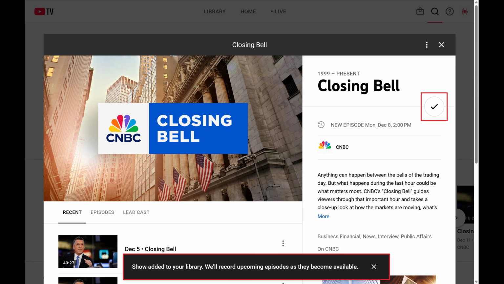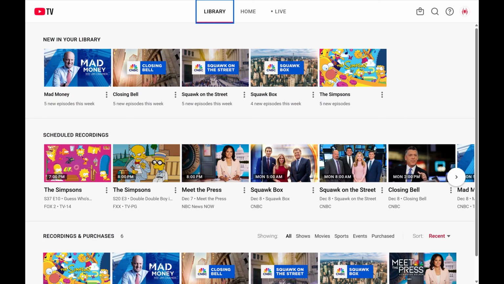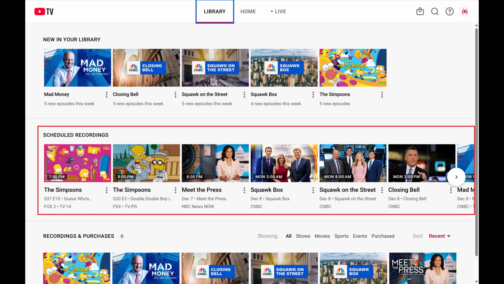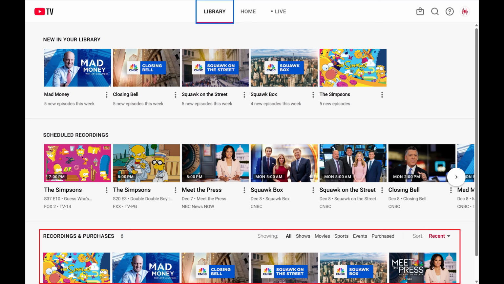All current and future airings of that program, including new episodes and reruns, will be automatically recorded and saved in your library section for 9 months. You can access your recorded shows and movies at any time by clicking Library. You can navigate to the Scheduled Recording section to see what recordings are scheduled to happen in the near future. Additionally, you can navigate to the Recordings and Purchases section to see all of the shows and movies you've either